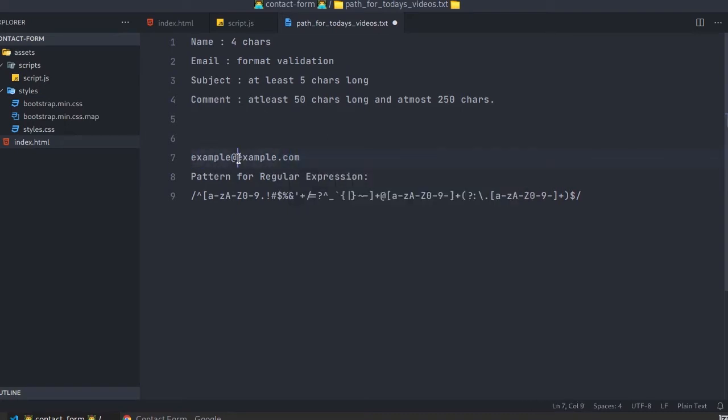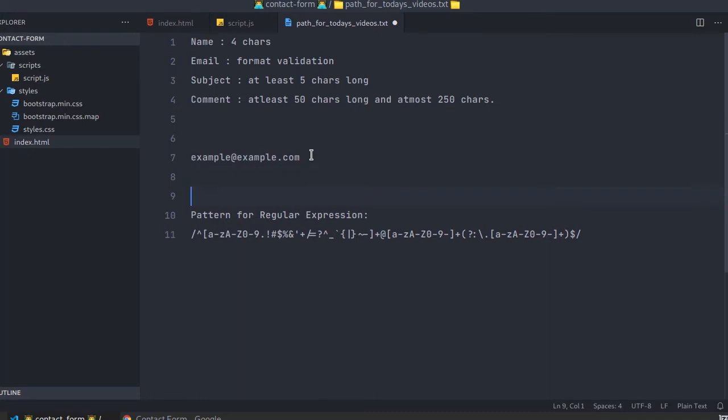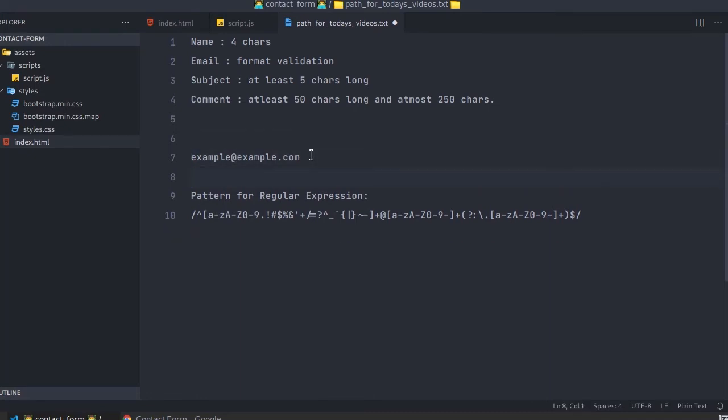Here is the username, then @ for the email annotation, then the domain name, and then the TLD. If the pattern is matched, then and only then is it an email address.